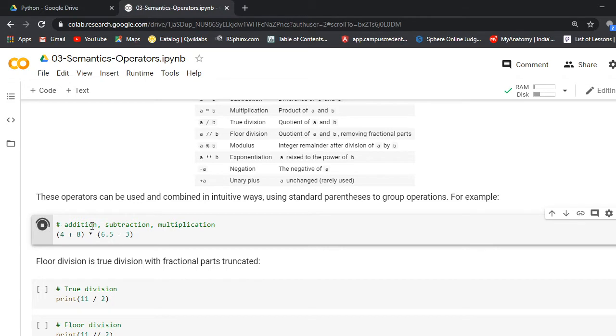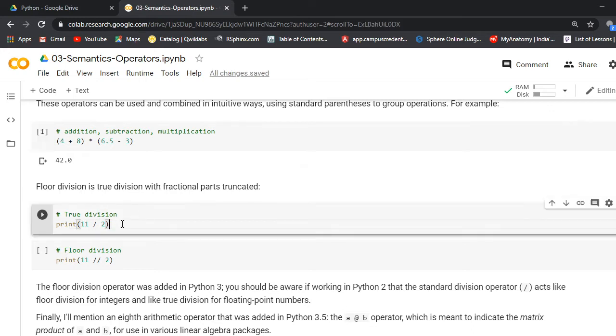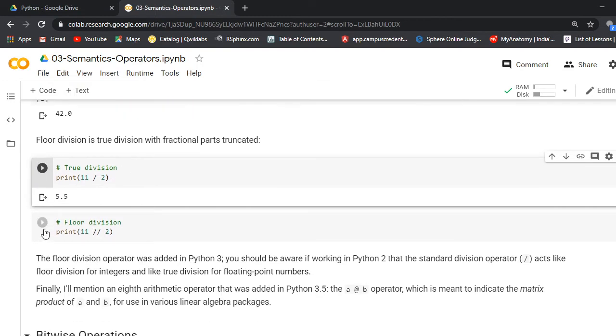So we will get 42 here, because we have one float value, so we got a float type result. Float division is true division with the fractional part. So if we want to divide 11 by 2, we will get 5.5.